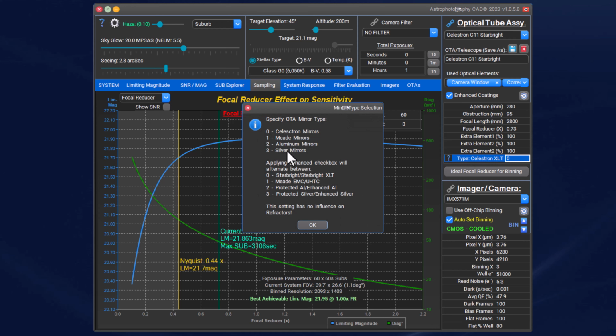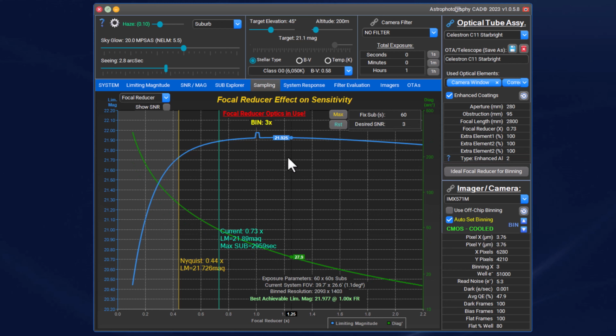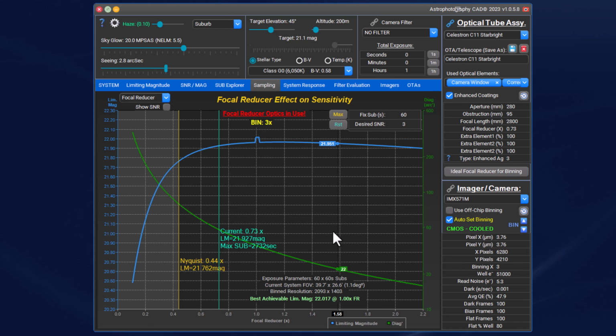And if you look at it, you have different types of mirrors. We're going to be doing aluminum mirrors, so it's going to be protected, enhanced aluminum. So that's type 2. So we're going to put 2 over here, because it's no longer a Celestron mirror. Now it has gone up quite a bit because we made it enhanced. What if we chose to do silver? Silver was 3. So we went up 0.3 magnitudes, which for a couple of $100, that's actually not bad. It's certainly worth the money as opposed to buying a new OTA. However,